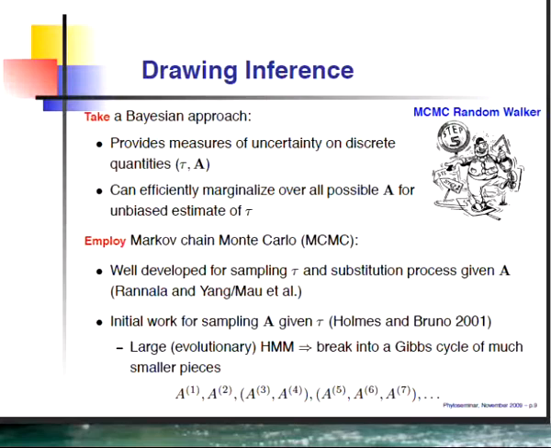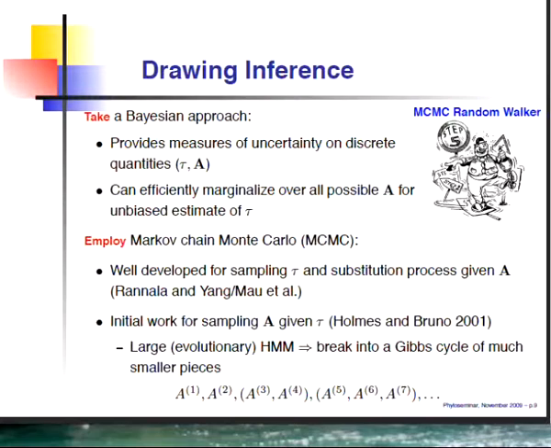Markov chain Monte Carlo has been very well developed for sampling the evolutionary tree, given your substitution process. So this was the continuous time Markov chain that described how sequences mutated amongst themselves. And the alignment. Those spread back to a number of independent developments in the 90s. And there's also been a fair amount of work on how to sample an alignment, or how to sample these homology statements, given a tree. And those stem back to some very wonderful work by Ian Holmes.